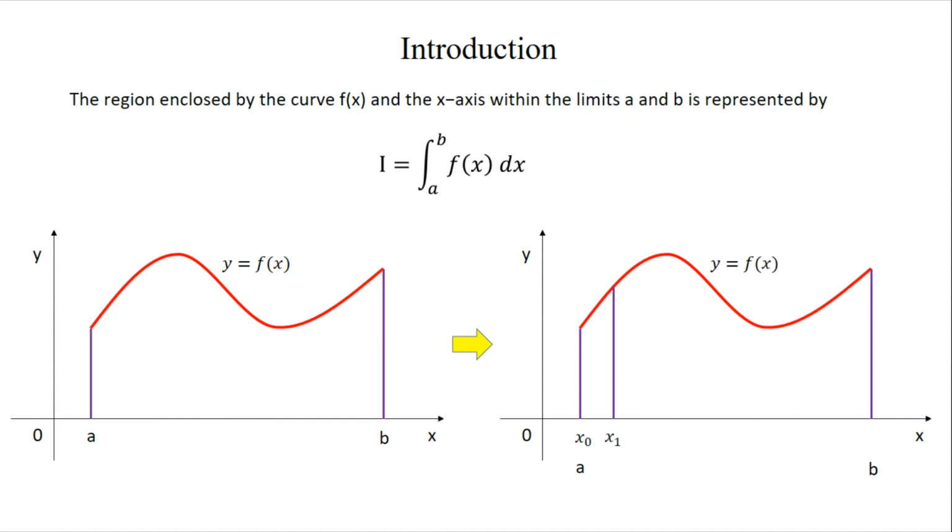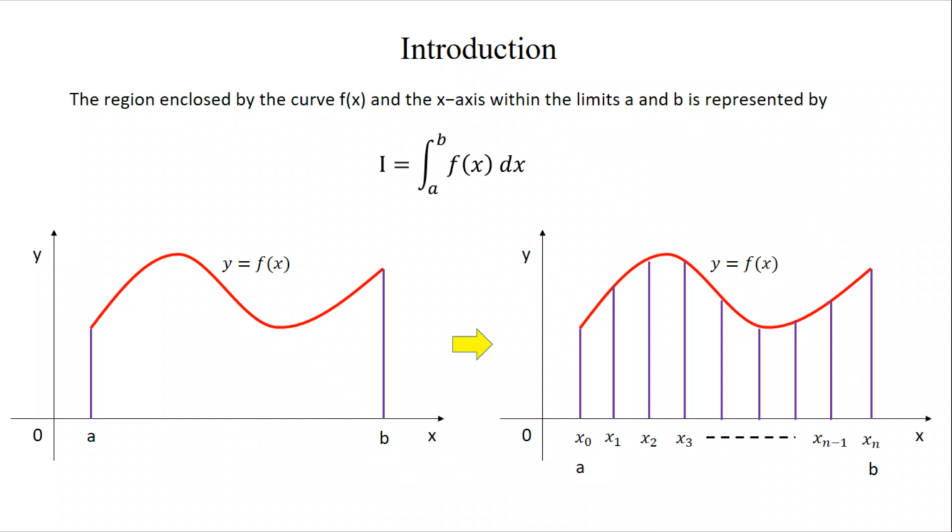The start point is x0, then x1, x2 up to xn. These divide this entire area into small strips, and the x-axis coordinates are x0, x1, x2, x3 up to xn, and the related y values are y0, y1, y2 up to yn